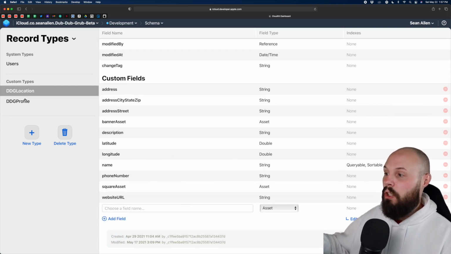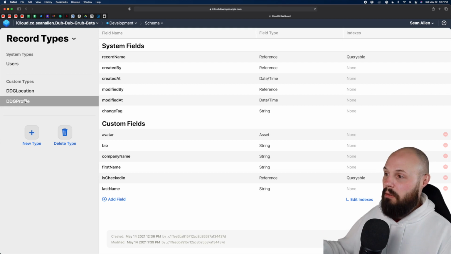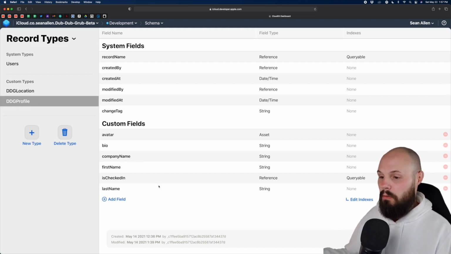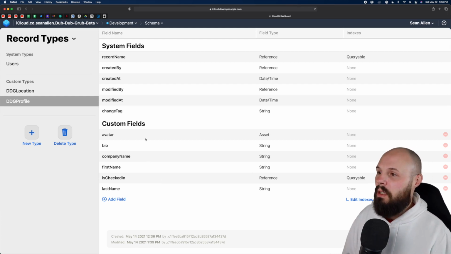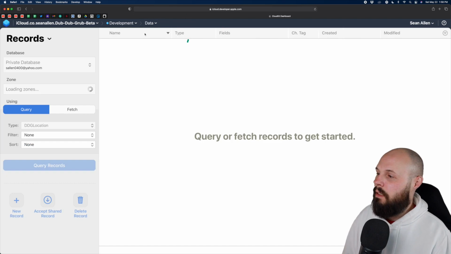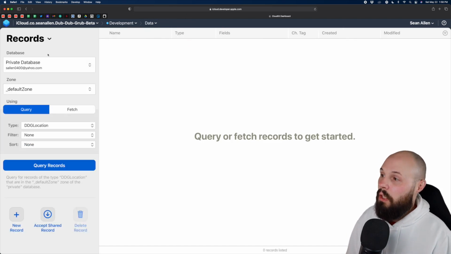So this is all your record types. This is basically all your objects. Here's our profile: avatar, bio, company name, first name, is checked in, which is a reference to the location. Remember I talked about that. So that's our schema. And then if I go to data, okay, so here, remember, you have to pick your